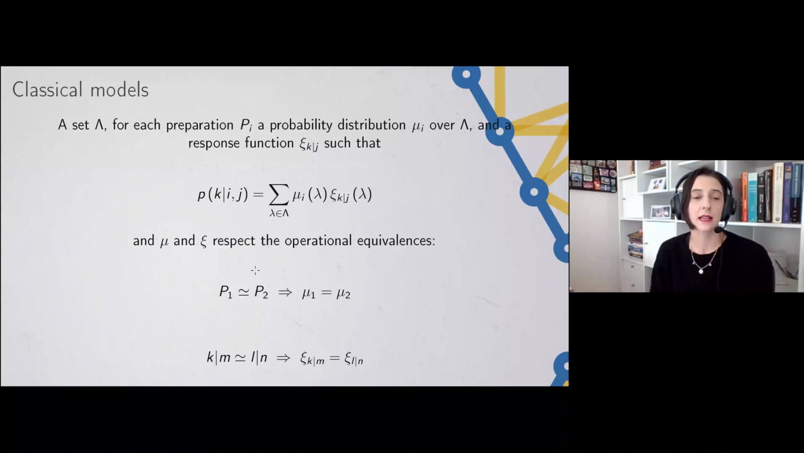So we can think of these classical models as a set of hidden variables. And for each preparation, I have a probability measure over the set of hidden variables. And for each measurement, I have a set of response functions in a way that I recover the probabilities of my experiment in this way, summing over all hidden variables and using this product to compute the outcomes for each possible value of the hidden variable. And of course, if I allow this to be anything, we can reproduce basically any probability distribution that I have,